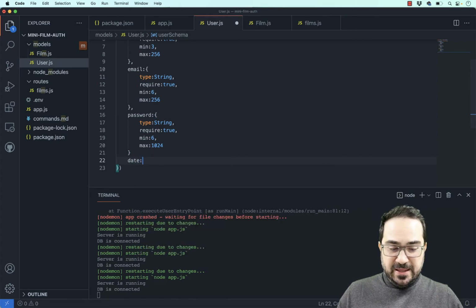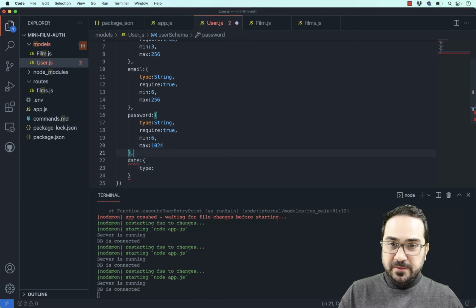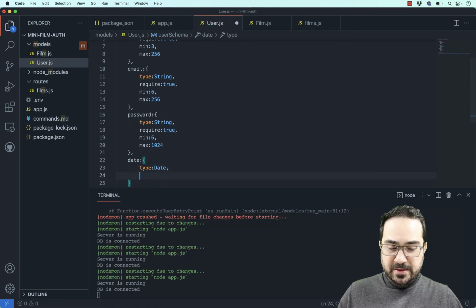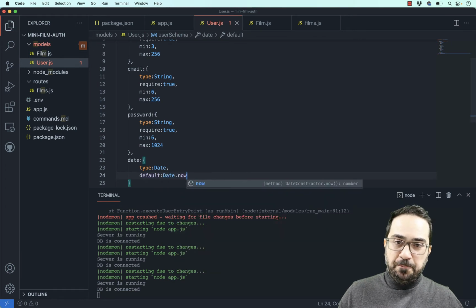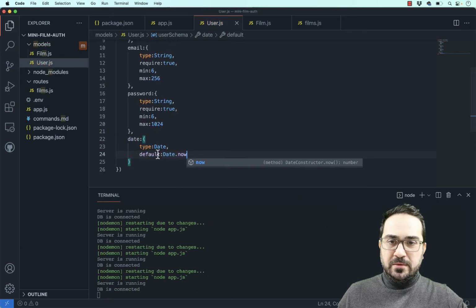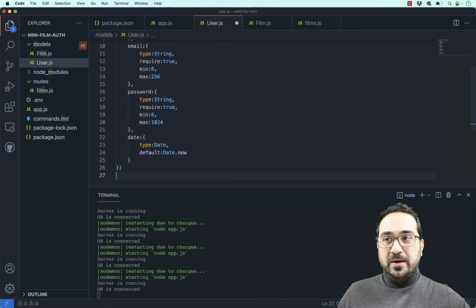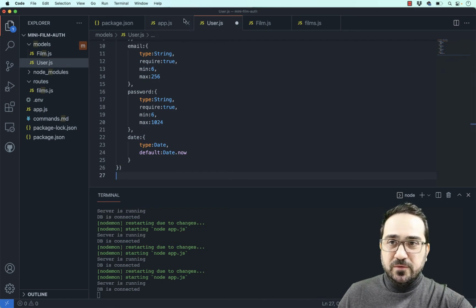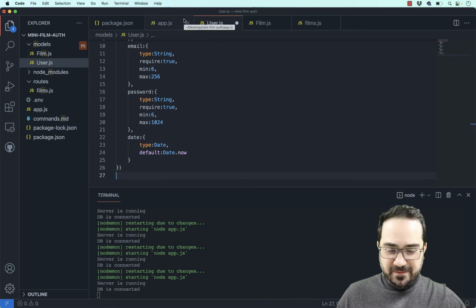What else I need? I need the date. All right, the date, I know that it should be type, I forgot the comma here, I think. Yeah, type date, and the default here always is date.now. And I think we are good. One last thing I always forget is to export this. So I can say here